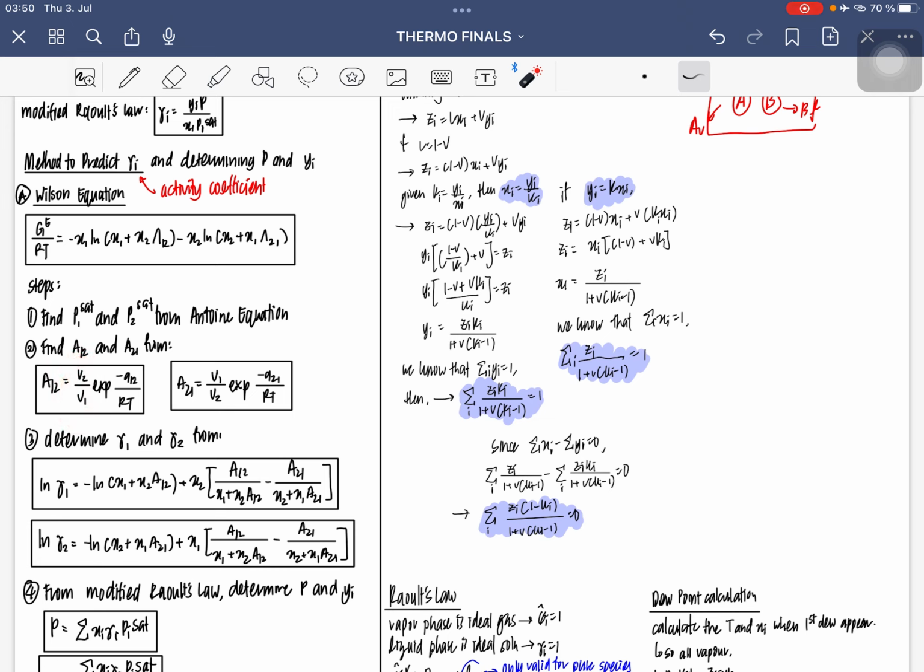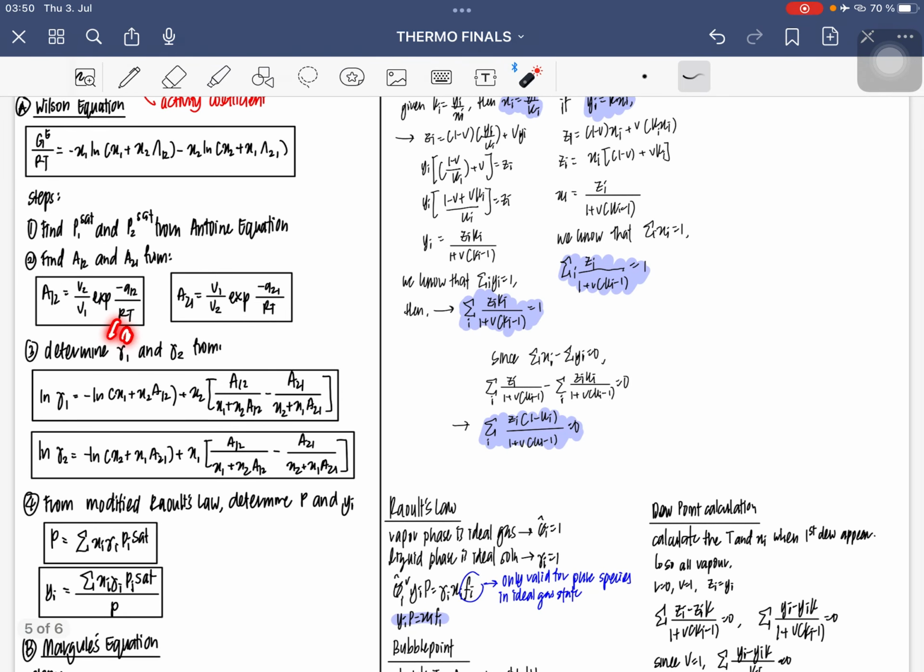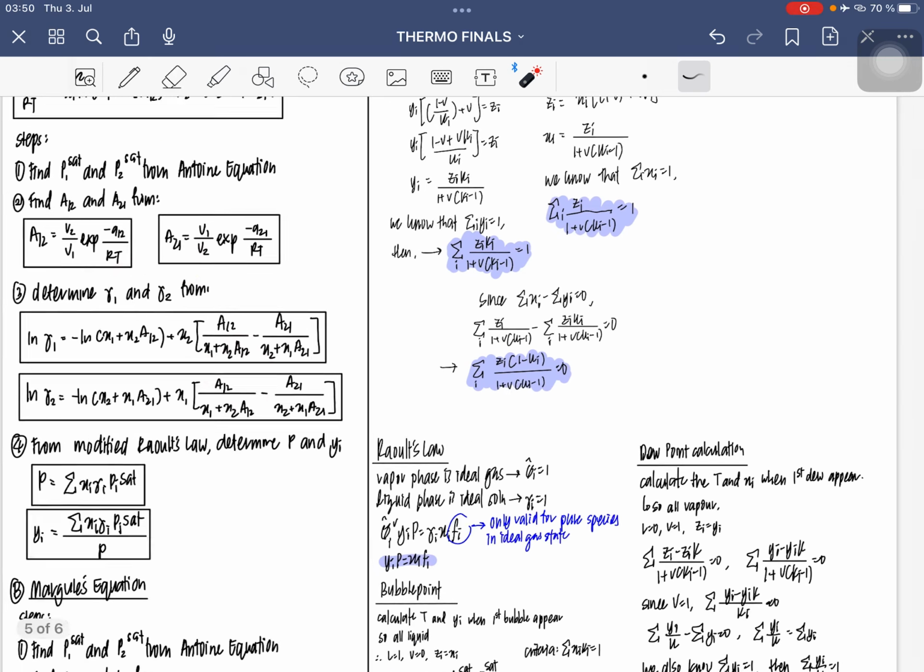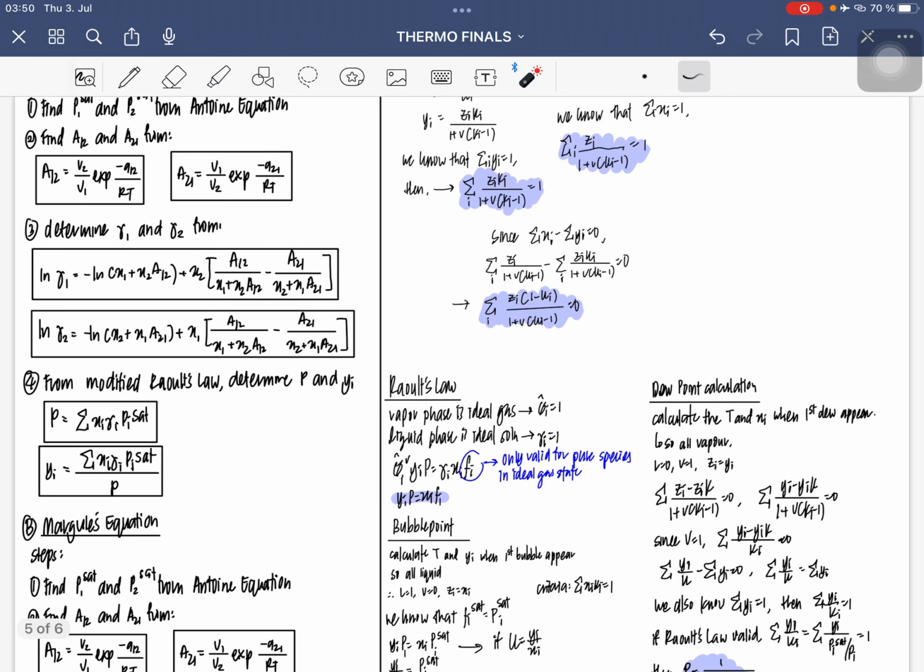Usually your v2 and v1 are already given in the question, as well as negative a12. R is your gas constant, and T is the temperature of the system. And then from there, you can find your activity coefficients, gamma 1 and gamma 2. After you find these, you can find this and this. And then from there, by using modified Raoult's law,